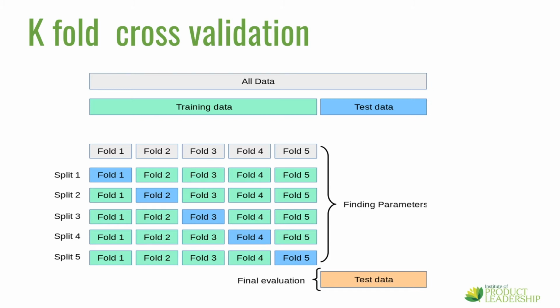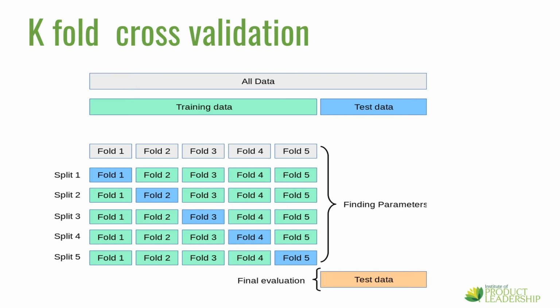A model is trained using k-1 of the folds as training data. The resulting model is validated on the remaining part of the data that is used as a test set to compute a performance measure such as accuracy. The performance measure reported by k-fold validation is then the average of the values computed in the loop. This approach can be time consuming, hence computationally expensive, but does not waste too much data, as in the case when fixing an arbitrary validation set, which is a major advantage in problems where the number of samples is small.